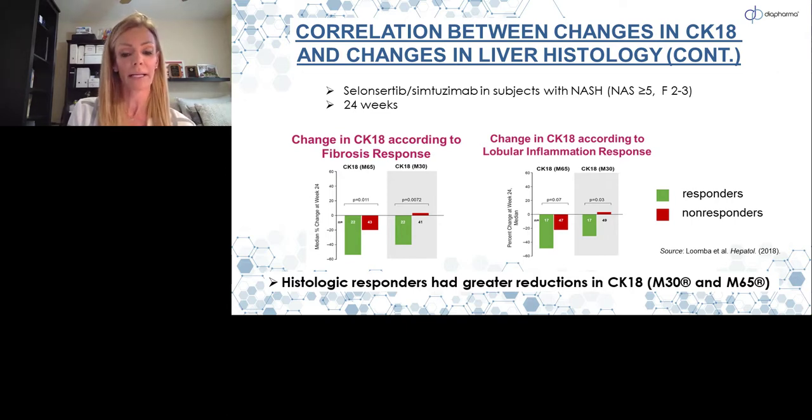As I mentioned in the beginning of my talk, NASH is a complex disease with diverse etiology that will likely require a multi-targeted treatment approach, and therefore also a combination of biomarkers to get a complete picture of the therapeutic efficacy of the chosen treatment strategy. One more thing, for drugs with a purely direct antifibrotic mechanism of action, there are probably better biomarkers than CK18, since fibrosis is really downstream of the processes that affect and drive hepatocyte apoptosis.